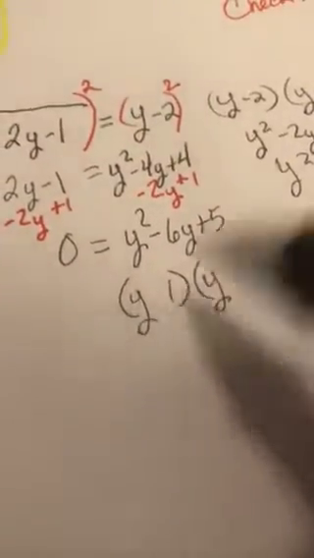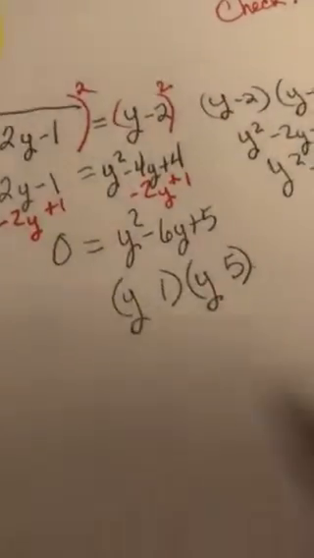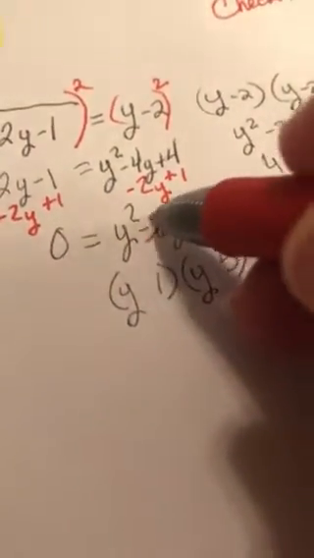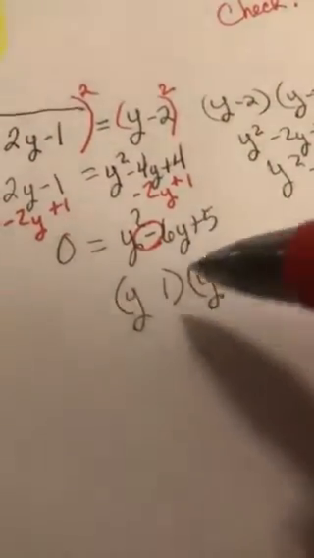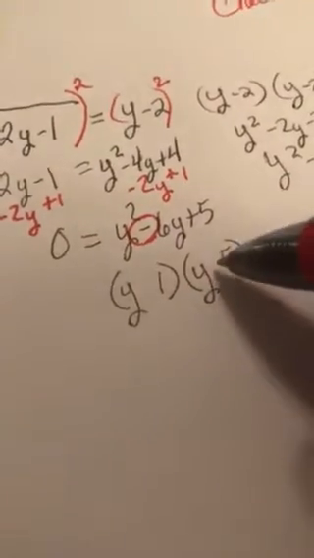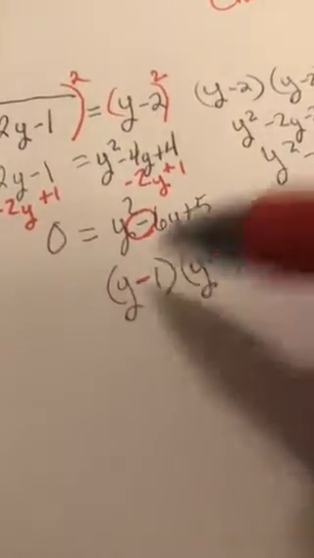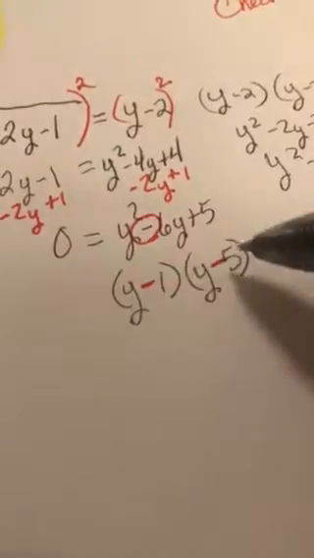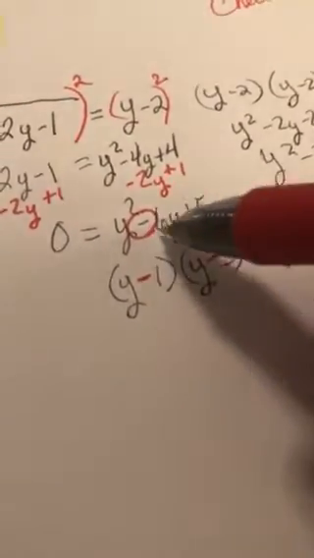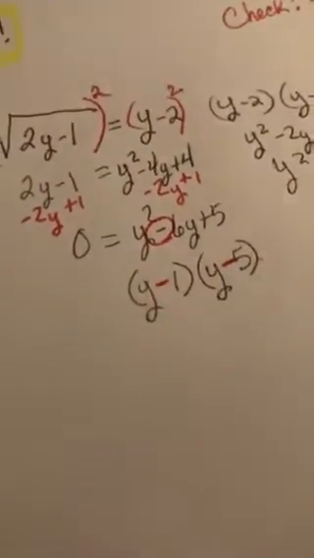Now getting the signs in there, I don't know if you ever heard this, but the sign of the middle term always goes on the biggest number. So this was a negative 5, and then these two had to create a positive 5, so that means this is also negative, because negative 1y and negative 5y gave us negative 6y. All right, so we factored this,